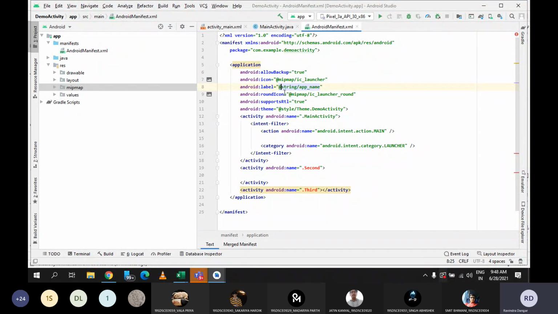As of now, you can see here they are using @string. Very soon, when I will explain this values option, values folder, there is one option you can see here, strings.xml. At that time, I will let you know what is the meaning of this. See, for Android programming, whenever you want to give specific text, whenever you want to write specific text, then there are two ways.